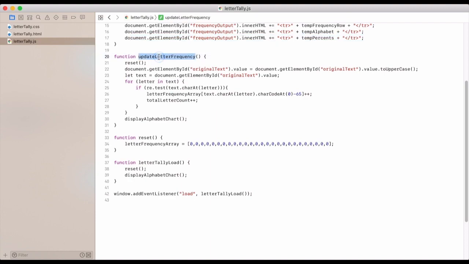Updating a letter frequency. So this happens every time a new input is done. We reset the letter frequency array, and then we take the original text value. We set it to uppercase first, and then we take in that text, and for every letter of the text, we're going to just make sure that it's an uppercase letter. That's why we don't have our special characters, so periods, commas, greater than, less than signs, spaces, and the numbers, I think I said. So as long as it's an actual uppercase A through Z, then we will find out which position it's in. So we take that text, char at the letter,